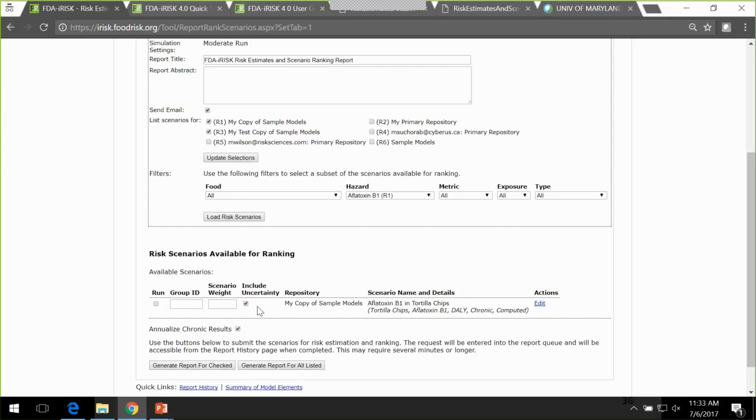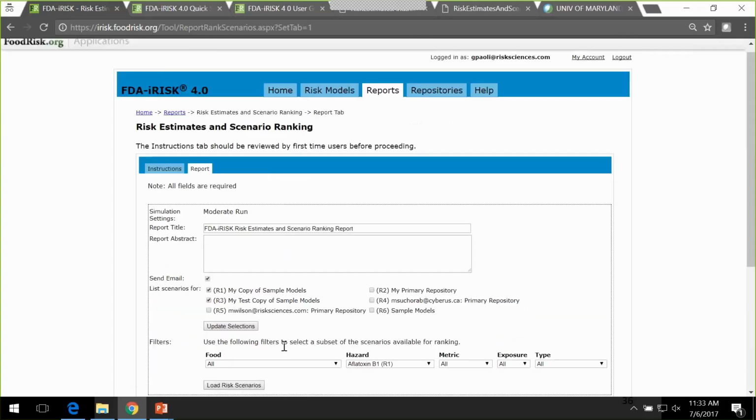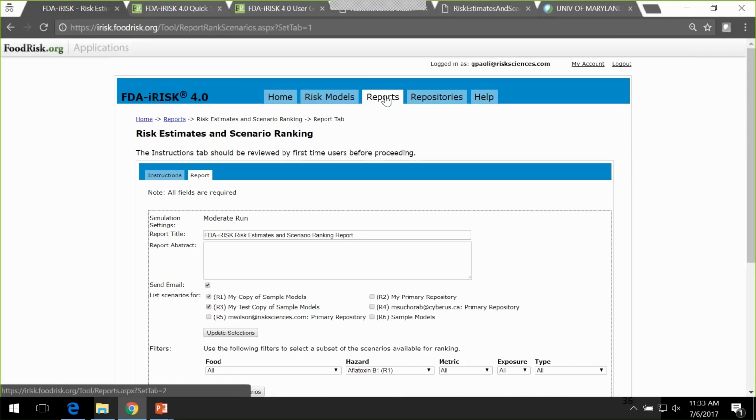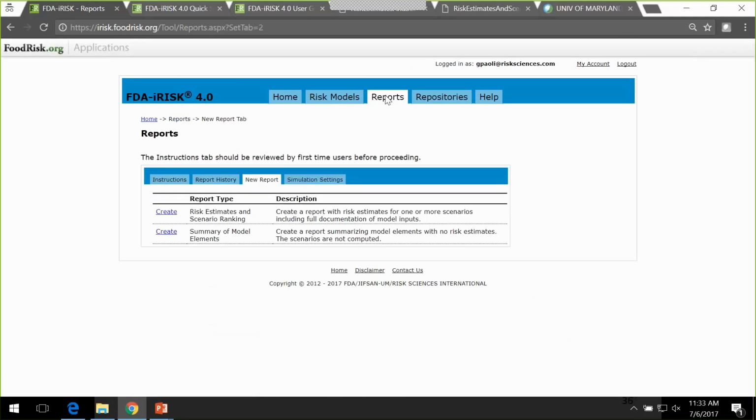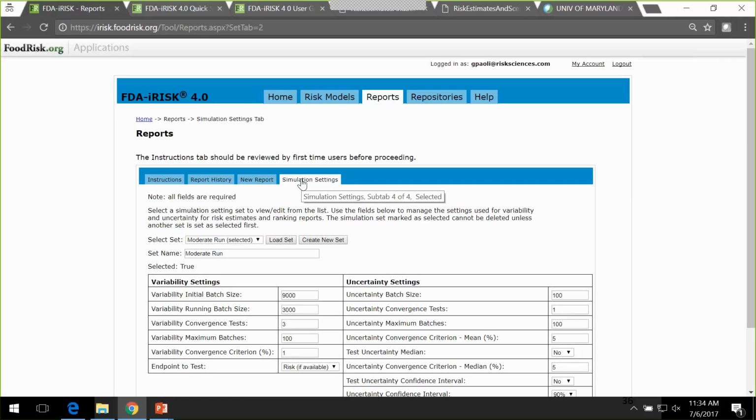The user will have to select it in order to run a 2D simulation. So the ability to do second-order Monte Carlo simulation requires some additional considerations, as Dr. Chen mentioned. A second-order Monte Carlo simulation can take hundreds of times longer to run than a first-order Monte Carlo simulation. That means that a simulation that takes a few seconds or a few minutes as a variability-only simulation could take a few hours as a second-order simulation. Users may want to run variability-only models most of the time, second-order simulation models only occasionally,